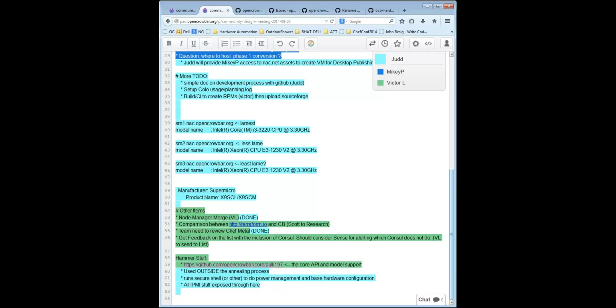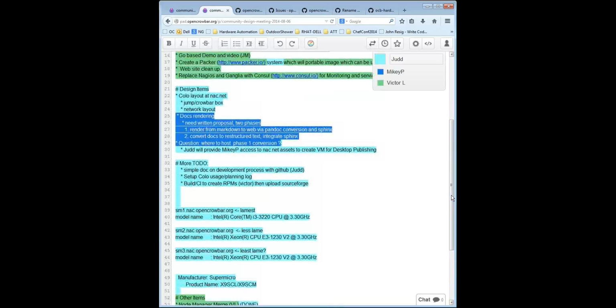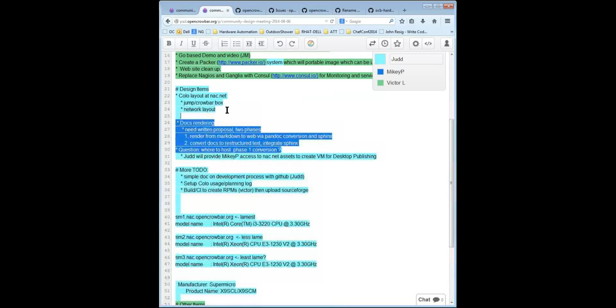But actually, one last thing I would like to bring up is our desired colo layout. We could probably get a little more gear. Any more things folks would throw out there for our cabinet desires?